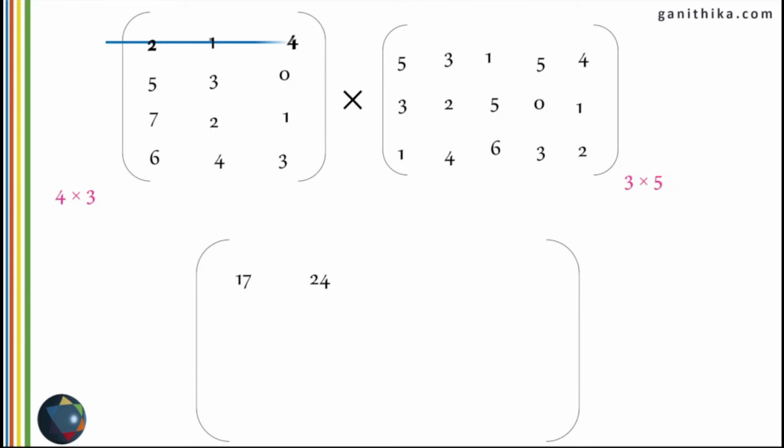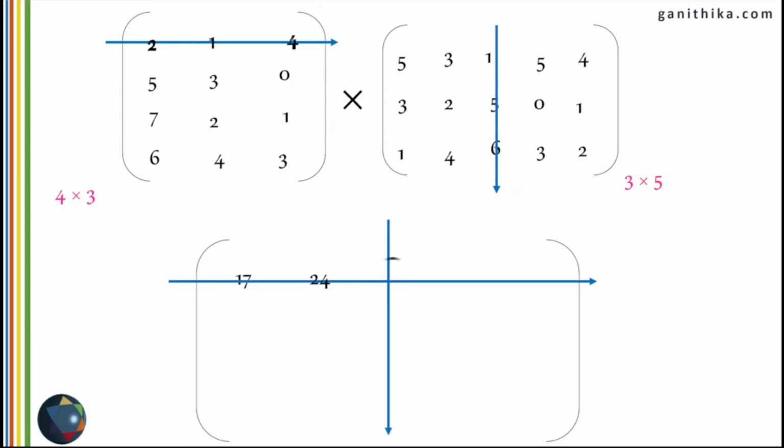And then we will move on to first row, third column and multiply the corresponding numbers. But where will you place it? First row, third column, and this is the place where you will put the answer. So multiplying the corresponding elements, 2 times 1 plus 1 times 5 plus 4 times 6, the answer is 31 and it will be placed in first row, third column.